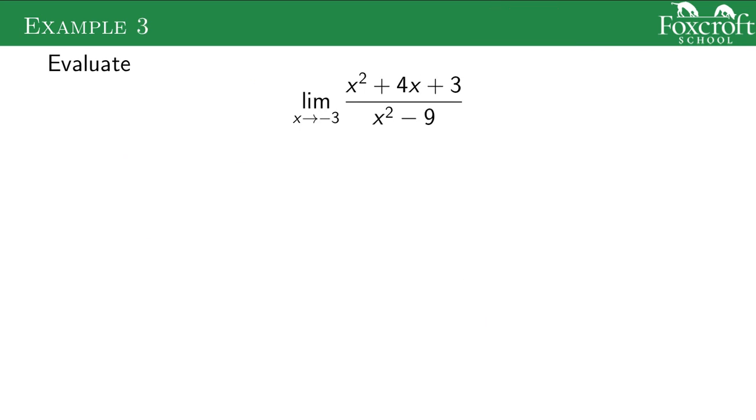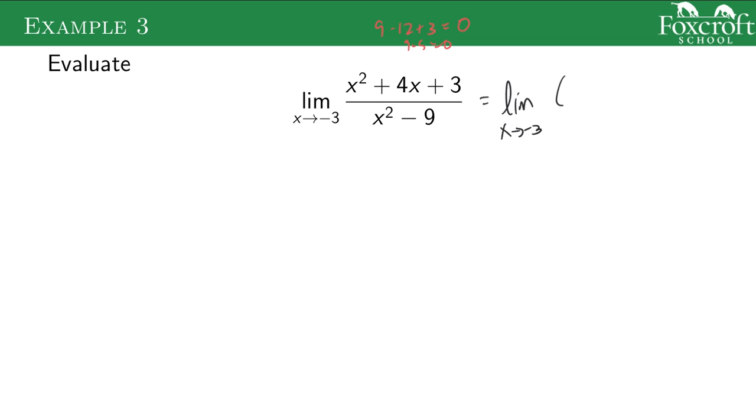All right, one more example. Limit as x approaches negative 3 of this. Again, first thing I always want to do when I'm evaluating a limit is try to plug in the value. So I try to plug in the value. I get 9 on the top, 4 times negative 3 is negative 12, plus 3. That is 0. On the bottom, I get 9 minus 9. That's also 0. So I get 0 divided by 0. Tells me I should be able to factor. So this is going to be,